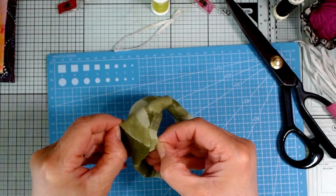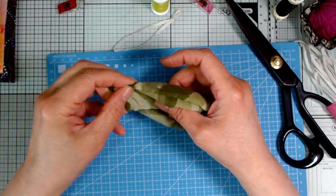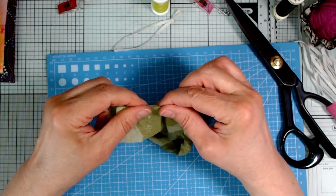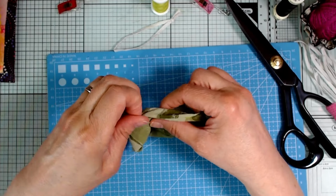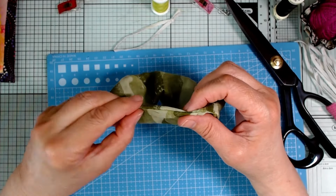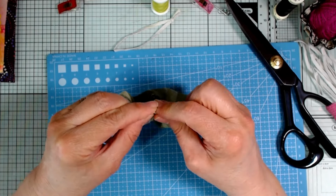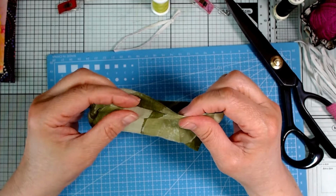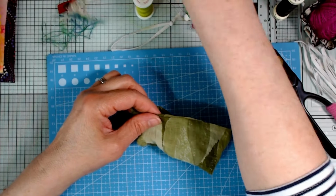If I wasn't a lazy bin, I would get an iron out and press it now at this stage, but what I'm going to do is work my way around and just finger press it, and on this one I'm going to do some decorative top stitching. So I'm just going to carry on finger pressing this, dig out some coordinating thread because I don't think I could use